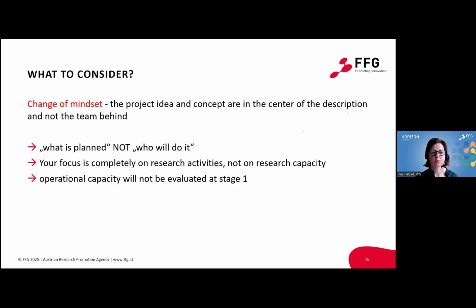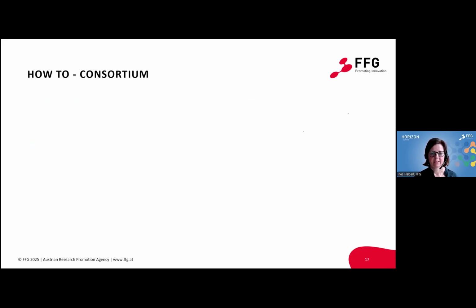So it is what is planned and not who will do it. So the focus is completely on the research activities, but not on the research capacity. And the operational capacity will not be evaluated at stage 1. So this is then just if you're invited for the second stage to prepare the full application. I've selected 2 examples where we received a lot of questions in 2023, and one of them is about the